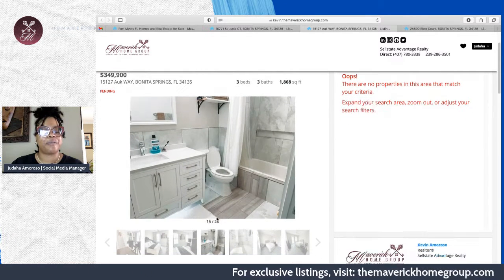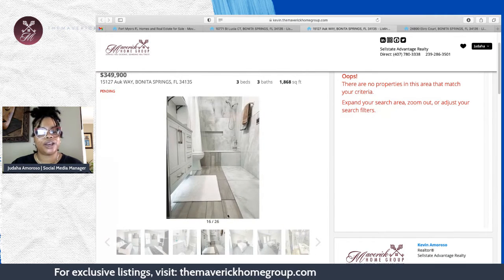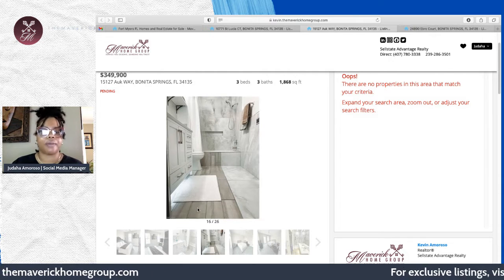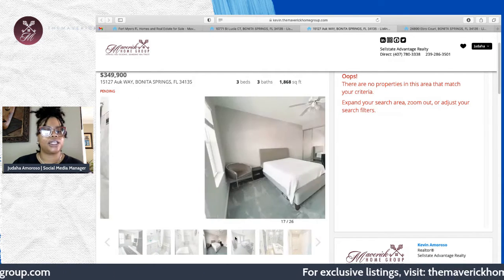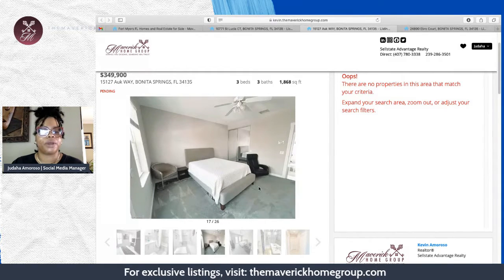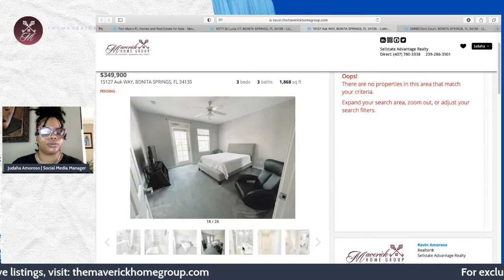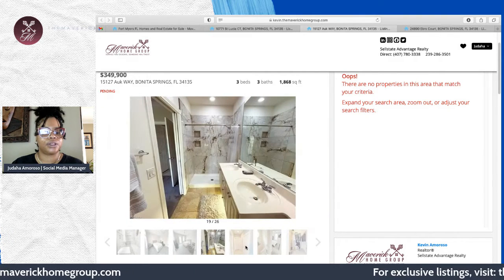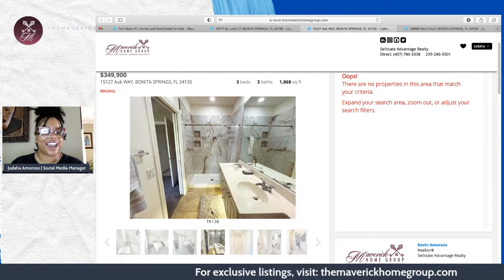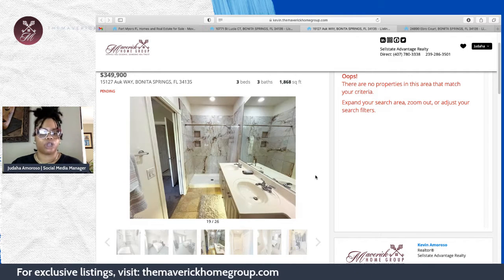Then we have the bathroom. We have a nice wood. We have a nice lighting below here. So, at nighttime, you come in, you may not have to turn on your lights. We have another room with a closet mirror. And then another bathroom here. I'm loving this bathroom, okay? And then again, we have the lights at the bottom, two sinks, large window,